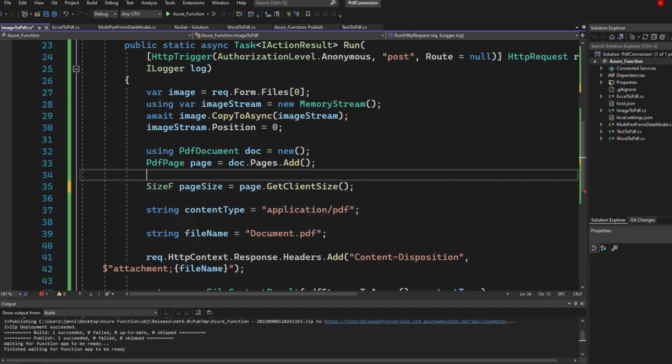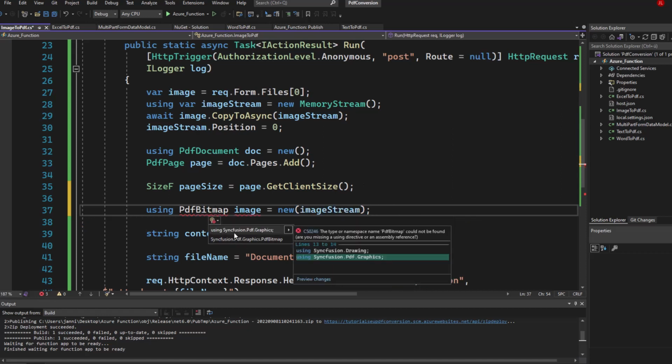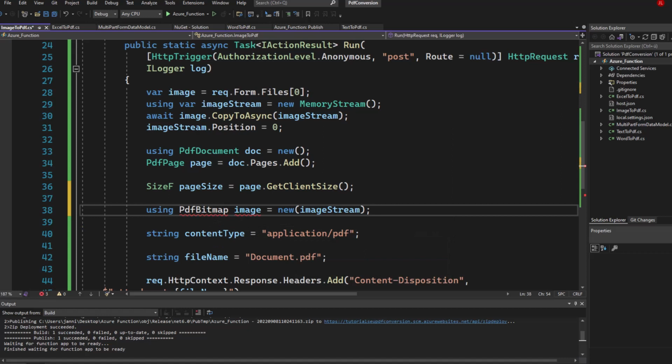Now let's create a new bitmap here. Using PDF bitmap, this is also a new namespace, equals new. We want to create that from the image stream. So PDF bitmap, let's just go ahead and show potential fixes and Syncfusion PDF graphics. Now let's draw that image